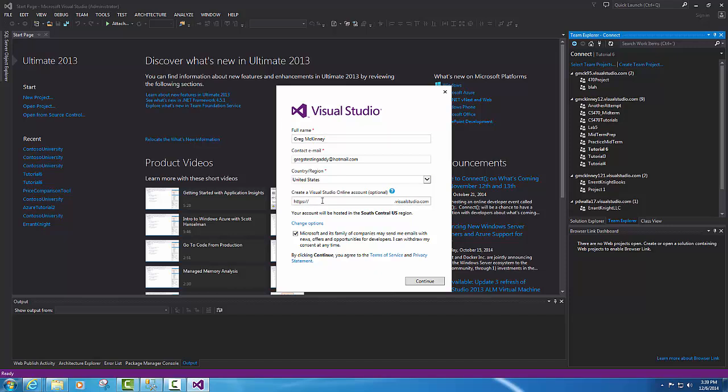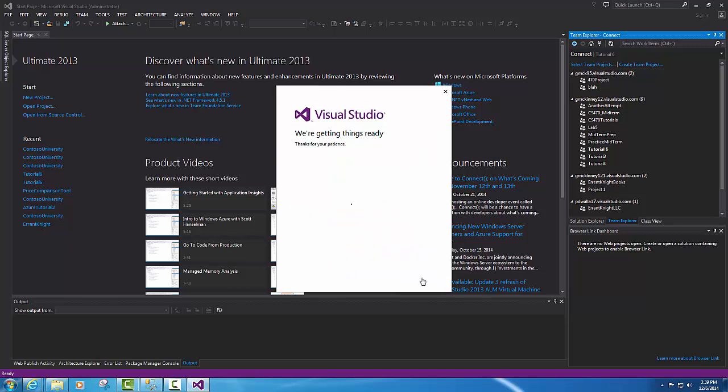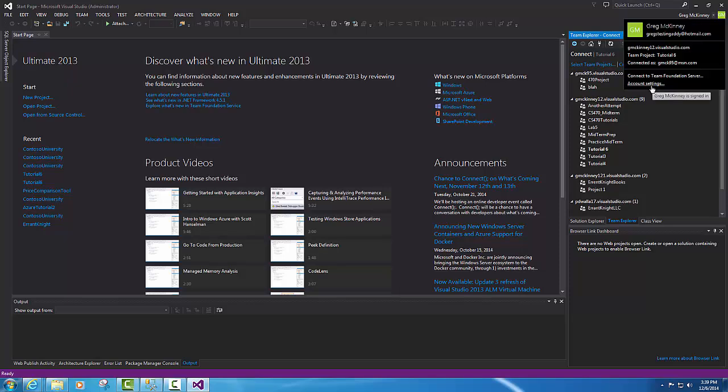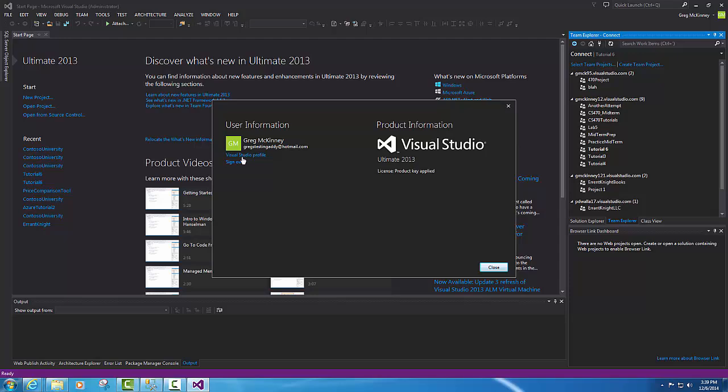And you just create yourself a, go ahead and continue, and it's that easy. Now you go up here and click on your account settings and click on the Visual Studio profile, and